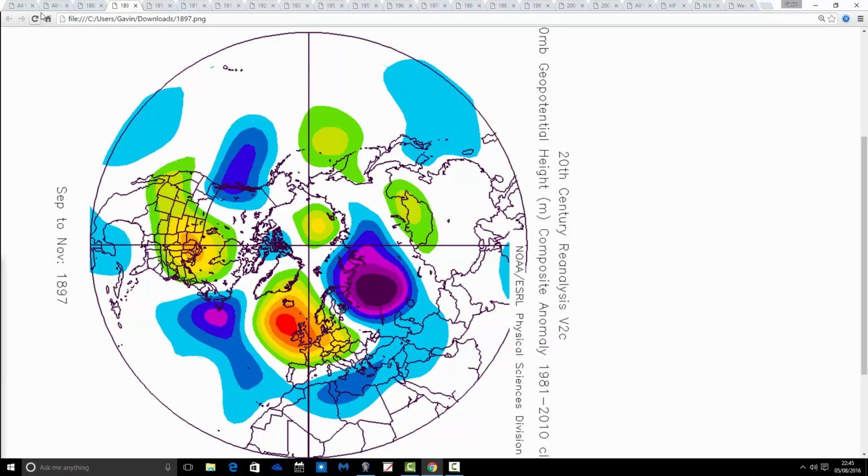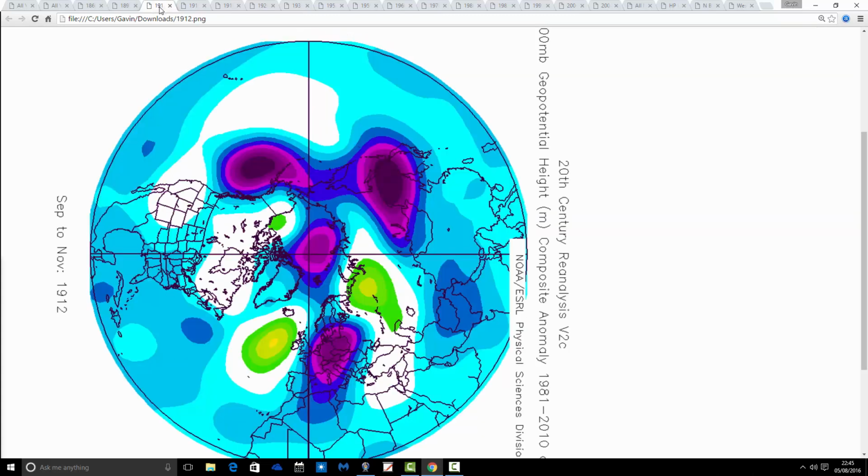Our next year is 1897, and it's in complete contrast to that first year. So the autumn of 1897, which is an ENSO neutral autumn, looks like this, and it's generally a very dry scene. It's got above average heights, more or less centred over the country. The trough of low pressure is well away from us in the Atlantic and also across the eastern part of Europe and into western Russia. So the jet stream here is going rather like that, and it's just a very quiet, very settled, probably not overly cold autumn pattern in